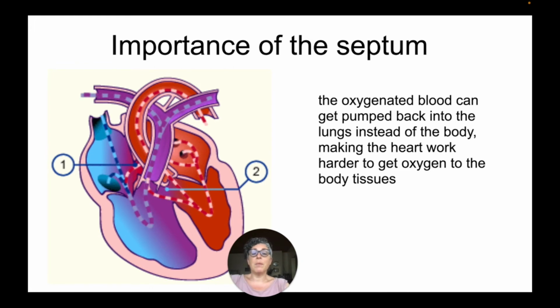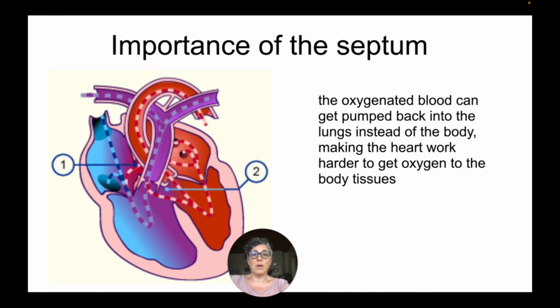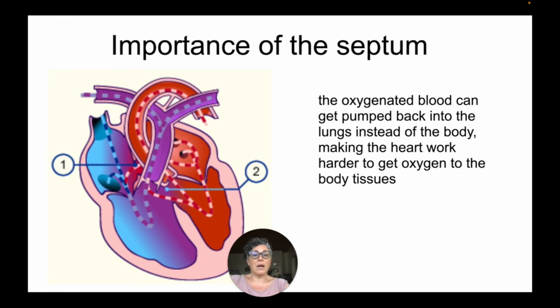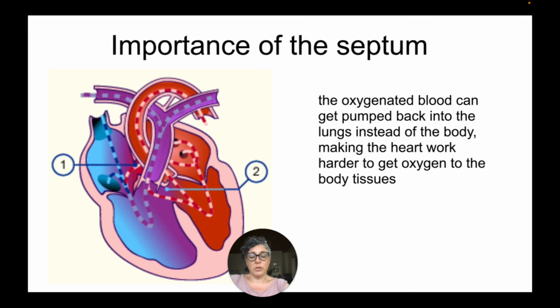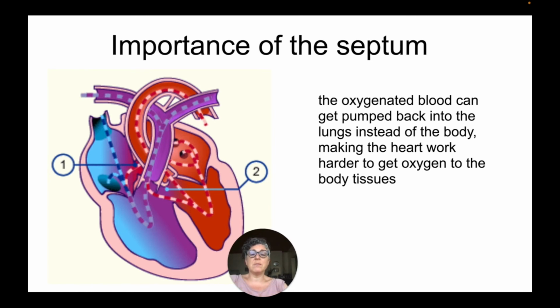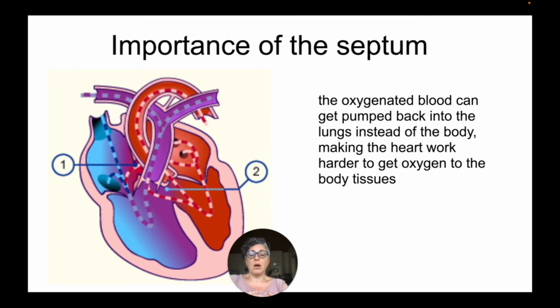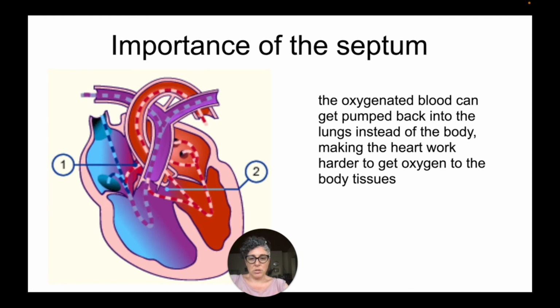Meanwhile, some of the blood has gone to the body tissue, but not all of it. So now there is a lack of oxygenated blood efficiently getting oxygen to all the cells of the body, and so the heart's going to be working harder. So the system of the septum is for the heart to have to work less to get oxygen to the